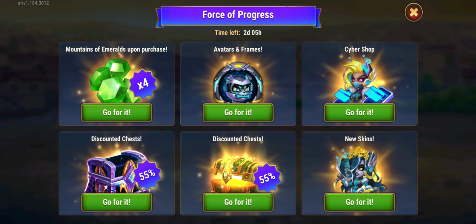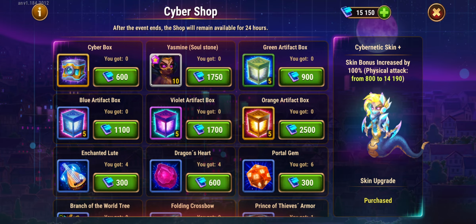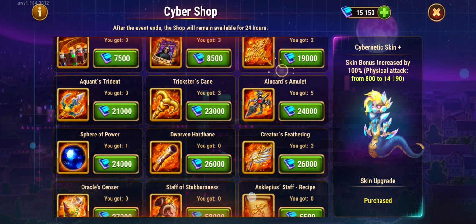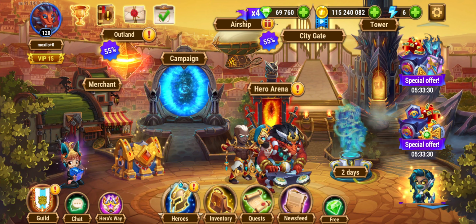But remember that this one is not a very good one, because in the shop this time we have only gears and some artifact pieces, but we don't have skin stones, okay? The idea is to use these sub coins to buy skin stones. This event is very bad, okay? So not this event. And then the third place or fourth place, if you use the chest in the tower,